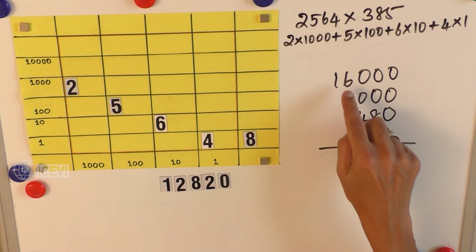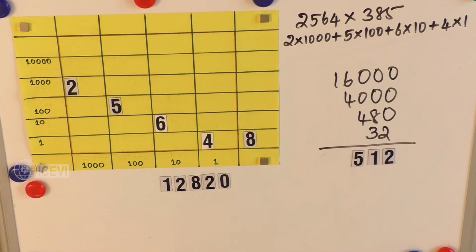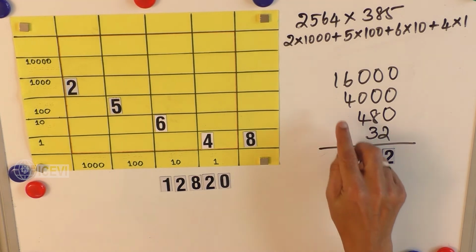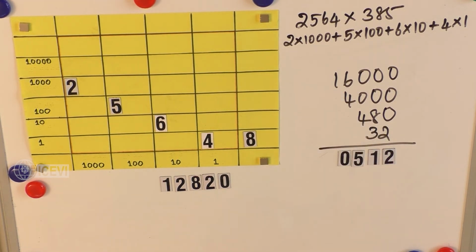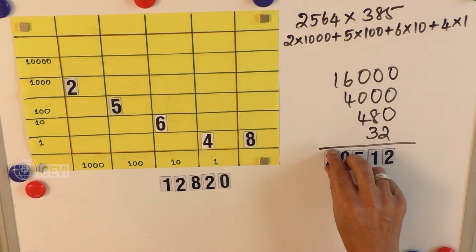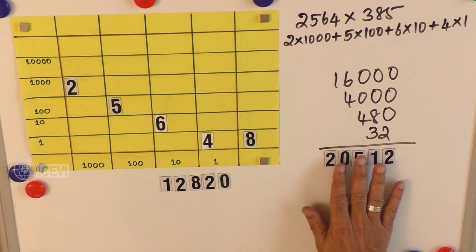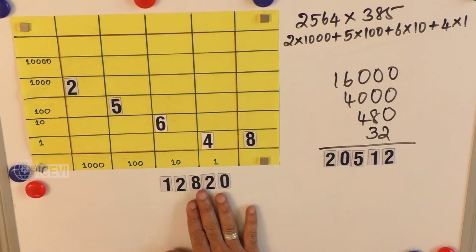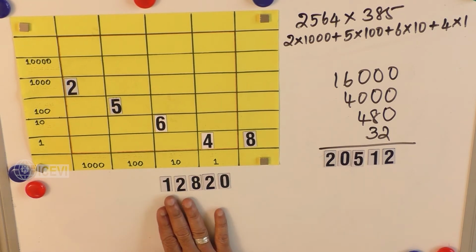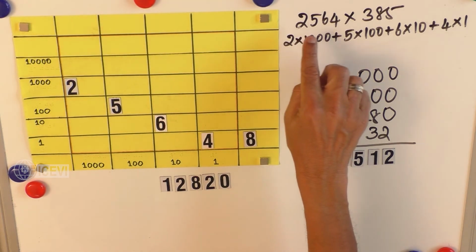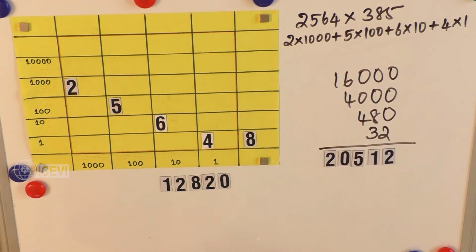Then in the thousand column it is 6 and 4, that is 0, and that 1 should be added with the 1 in the 10,000 column. So you get 20,512. Now this number should be placed along with the multiplied value of 2564 with 5, where you should put